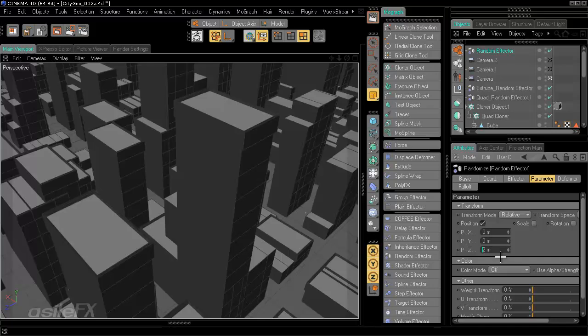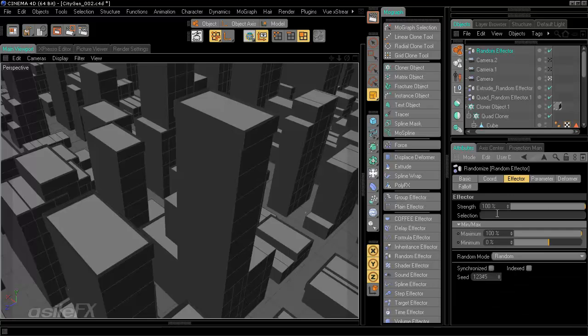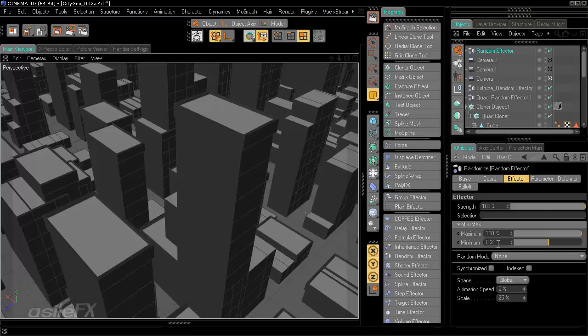But by setting that minimum amount under Effector to 0, it will prevent that reverse negative action. And I've just gone ahead and set the transformation space to global, removed the animation speed, set it to 0,